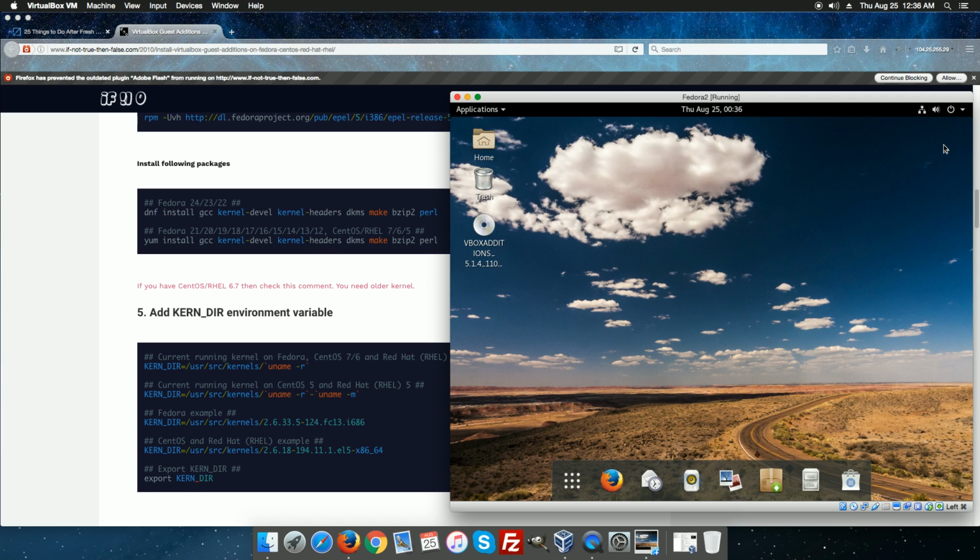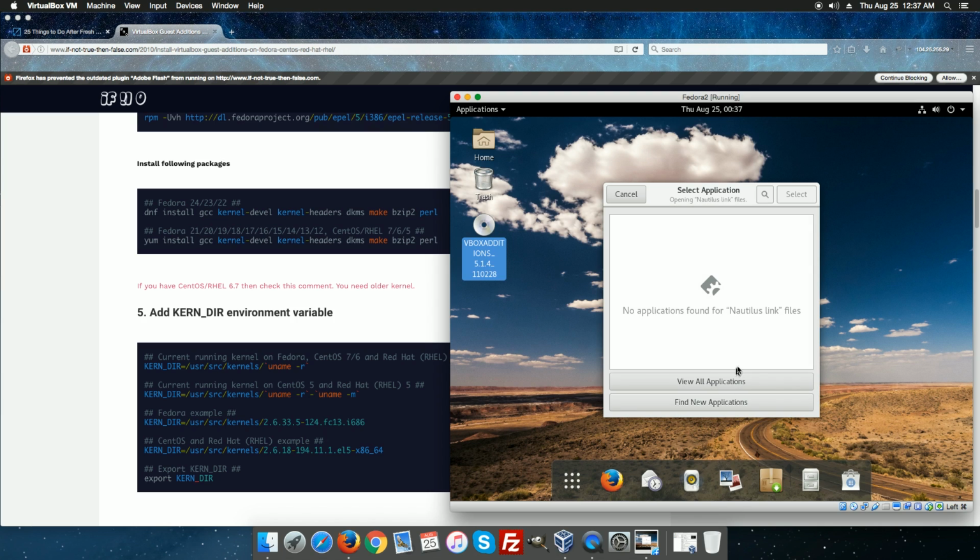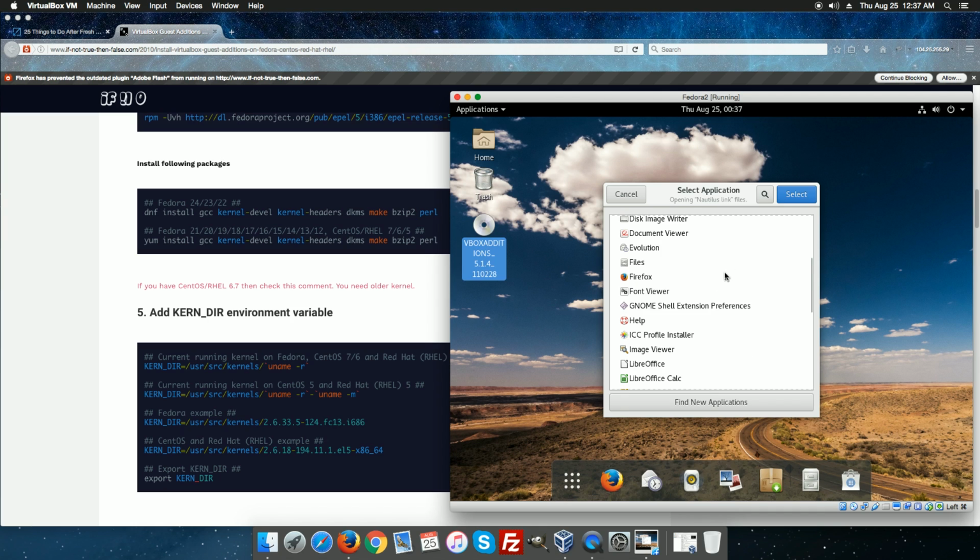So go back to our desktop. Now, this guy here is that mounted volume. If you remember in the first video setting these up, we put the desktop icon, the trash can, and the mounted volumes. So the CD is a mounted volume. What we're going to do is right-click on this and hit Run with Other Application. And then under View All Applications down here, we are going to come down and find